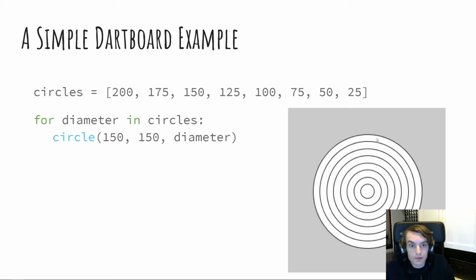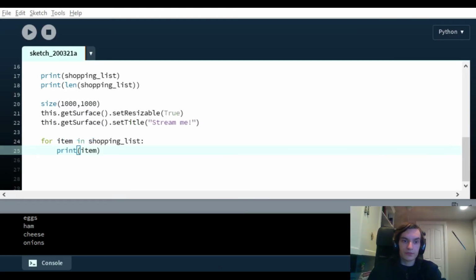Another example of what you can do with this sort of thing is a dartboard. If we have a bunch of different diameters in a list, we can iterate over these diameters to draw a bunch of nested circles. So let's actually switch back over to processing very quick here.